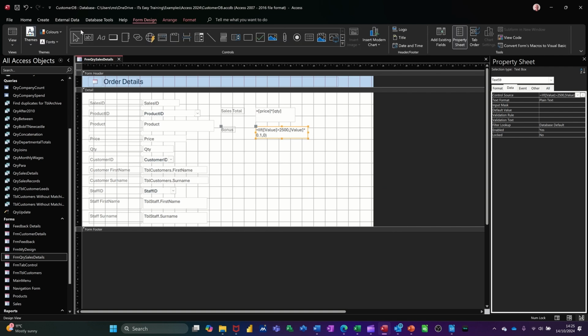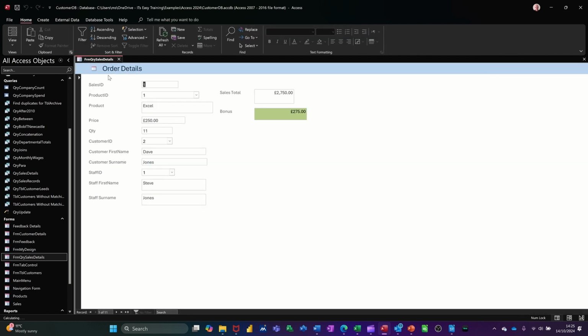So go back to form design, click on view. That one is green because it has got a bonus, but if I go through some of the records, that one is not. That one is, and so on and so on. So that's working fine. So now I want to look at this field quantity and use the data bar on that one. So back into design,